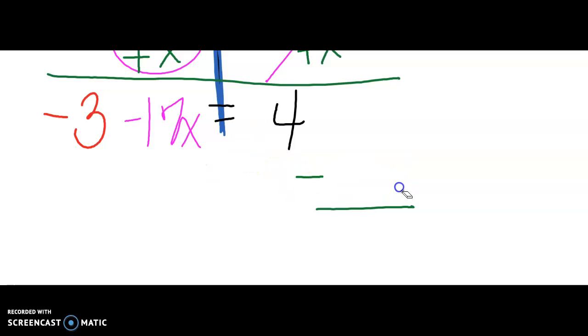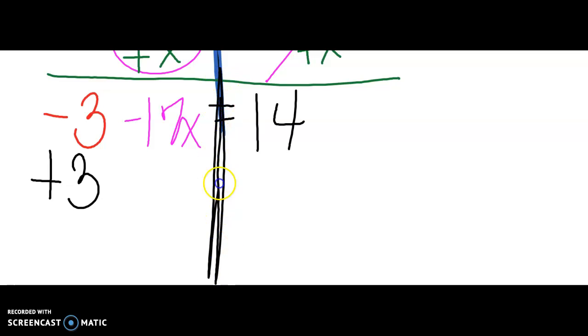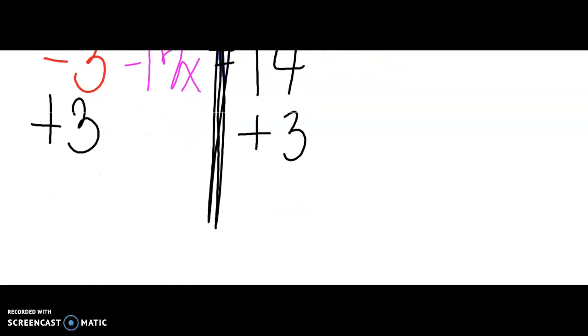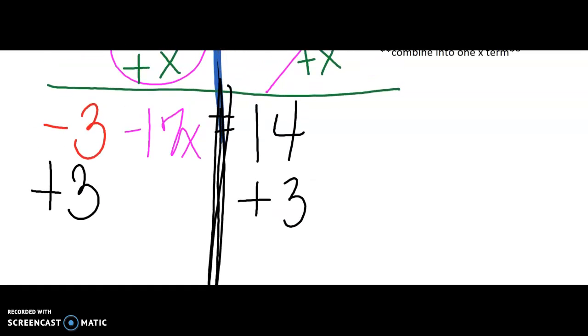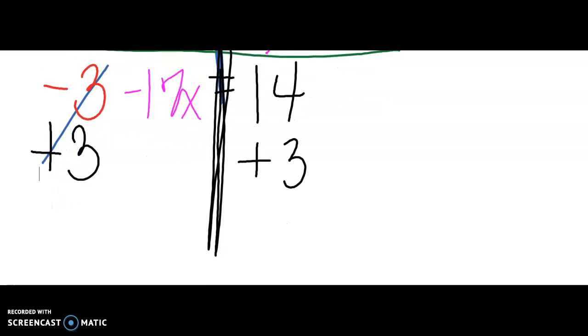But what I can combine, whoops, I erased that one right there. What I can combine is this 3 by moving it over. Again, I'm making it the opposite sign because I'm flipping it across this line. Plus 3. So I'm moving it, I'm getting rid of it on the left side and putting it to the right to leave the x by itself. So I got negative 17x